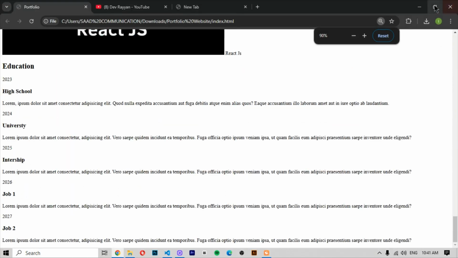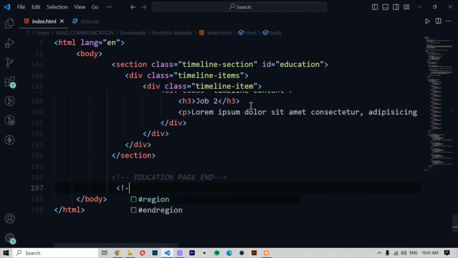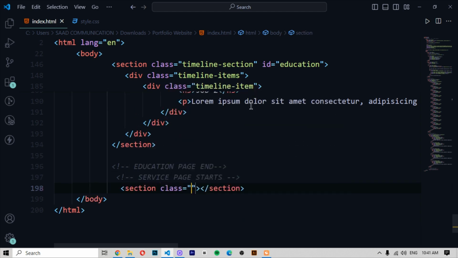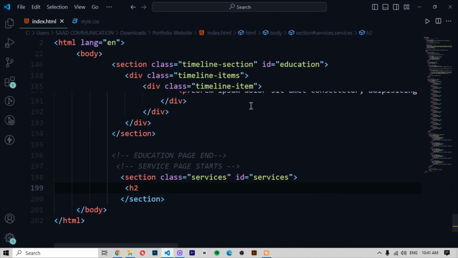This page is also done. So now whenever all this page has been done, we write a comment: education page and service page starts. So let's start to write the code. Section class services, with the s in small, then id will be services, enter, h2 class will be heading, services,